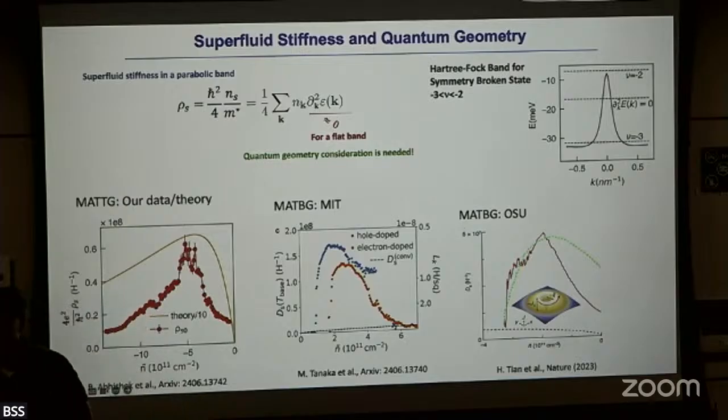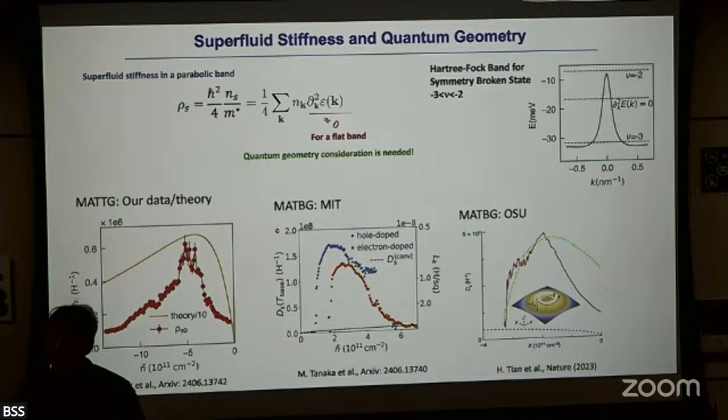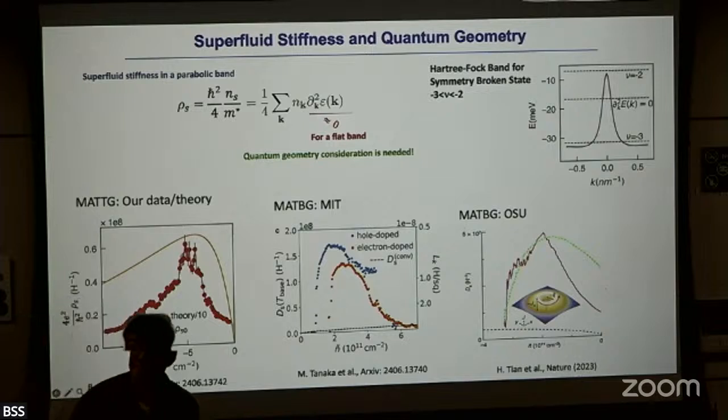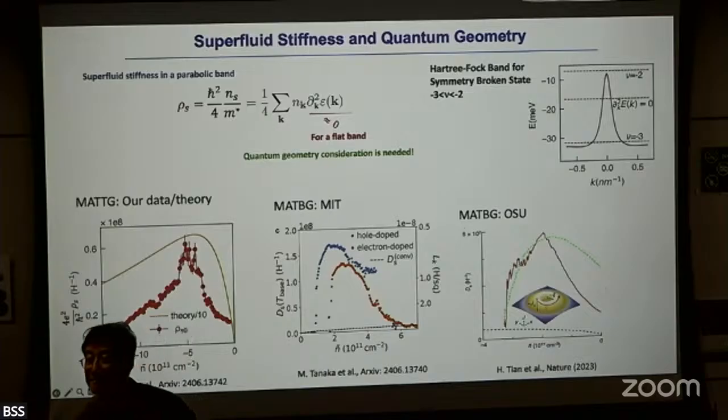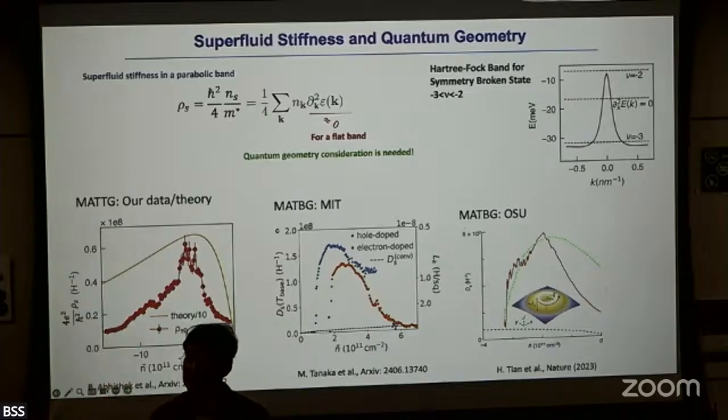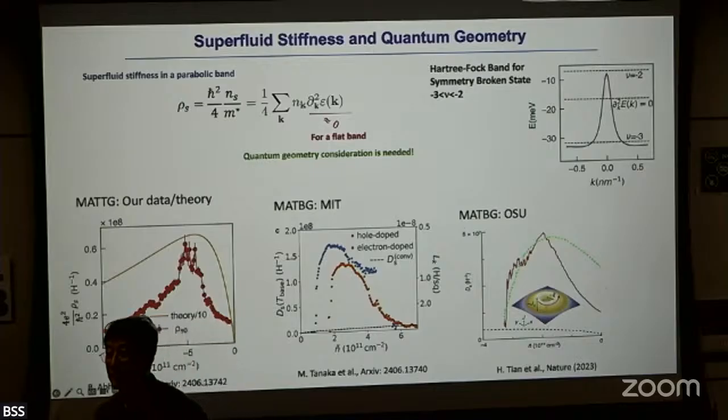This formula assumes that the potential only depends on the momentum, right? And so that's unlikely to be true, at least when the filling factor applies. So in that connection, I have a related thing. Yeah. Most recent experiments of the best samples we could make.